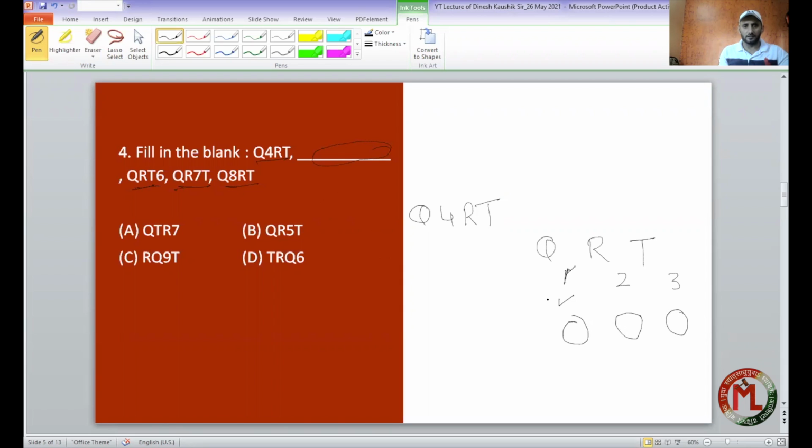And one more thing, these numbers are also increasing. In the first term, we are provided with 4. Second term, we have to find. Third term, it is 6. Next term, it is 7. Next term, it is 8. So clearly, without going for a second thought, we can say that in the second term, we will be having 5 as a number. If you look at the options, there is only one option in which 5 is present. So straight away we can mark B as the answer.